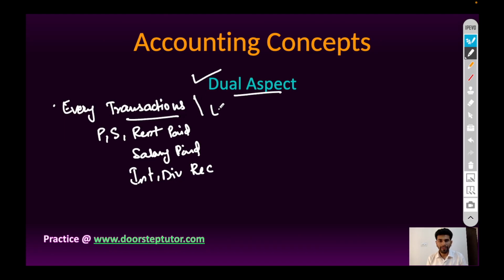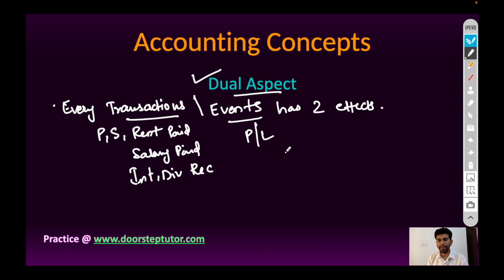But events are not regular. Events occur at the end of a particular period. For example, profit or loss, or the particular financial position of assets and liabilities. So it reflects the financial position of the business. So every transaction or event has two aspects or two effects. It means every debit has its corresponding and equal credit. Therefore, it is called the double entry system of bookkeeping.